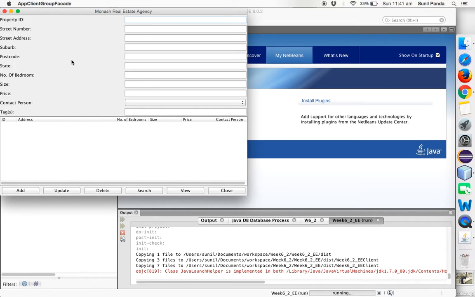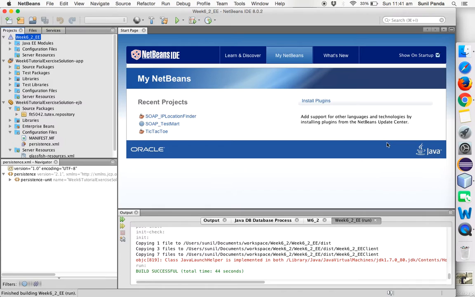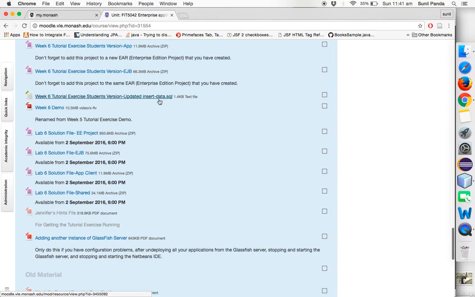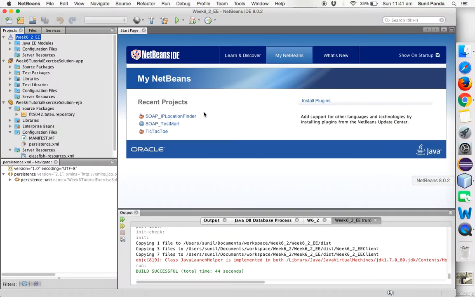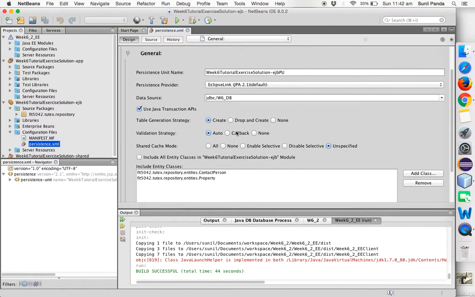So for the first time when the project is running, you will not find any data because the tables were created as a part of the create table strategy in your persistence XML, but the created table doesn't have any data. You have to insert it through the scripts, which is present in your module given to you. Insert data scripts. Now this table would have been mapped, right? So the entities, when they got transformed, the table generation strategy is create. So the tables would have been created in